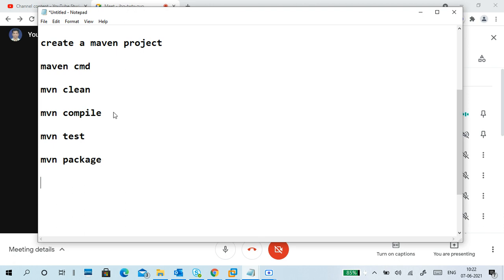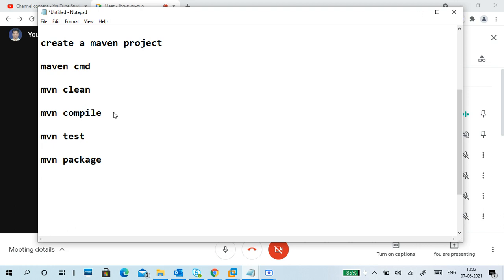So these are a few commands. You can also go with a combination of commands. Where can we put these commands? On a Maven project only. You cannot put them directly in CMD; if you type it, it won't work. You have to open the project in CMD, and only then can we put the commands. If you are not understanding the output, no problem.